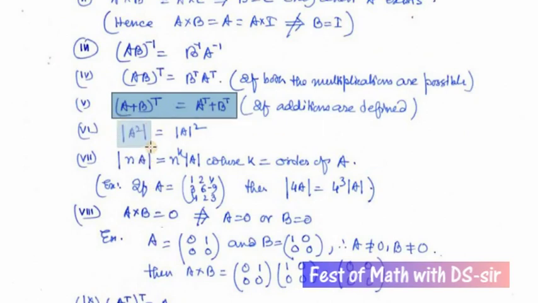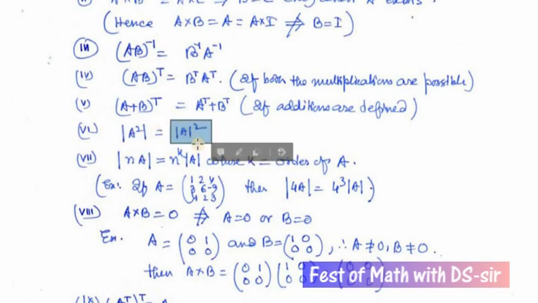Now see, A square, determinant of A square. A is a matrix, you find A square. A square is only possible when A is a square matrix. Only square matrices have their square. Go through the conditions of multiplication and you will easily prove that A square is possible when A is a square matrix. Here, determinant of A square is mod A square. That you can prove very easily. Take a second order determinant with A11, A12 and prove it.